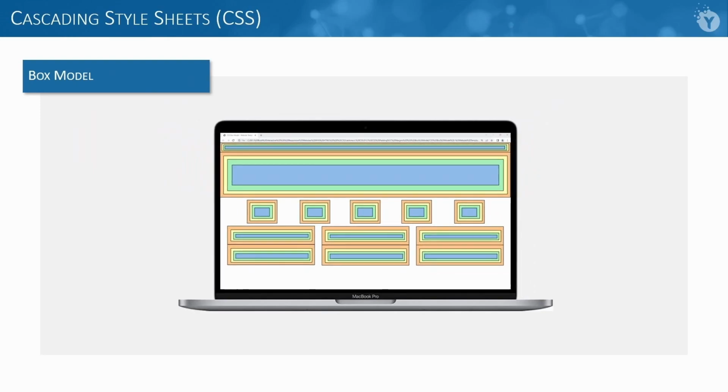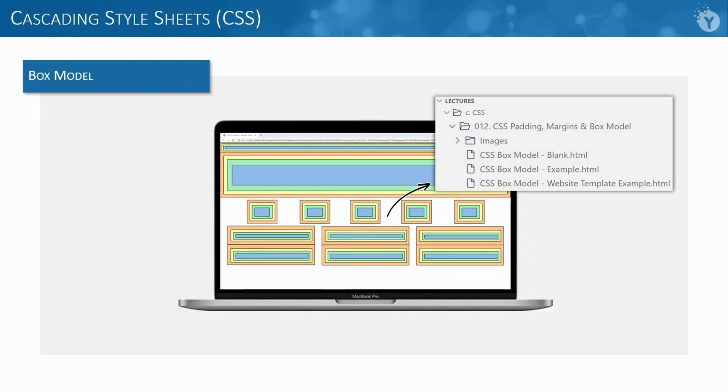and having gone through it in this lecture, it's hopefully an area that you now understand fairly well. If you wish to experiment with the box model yourself, then please feel free to load up the code and have a play with the various properties we've discussed in this lecture. I've saved a copy of the code file that we've been working on here in your course downloads, in the CSS padding, margins and box model folder within the CSS section. The file is called CSS Box Model example.html. Also, in that same folder, I've created another file which is an example of this website template. In there, each element has its own content, padding, borders and margins. So have a look at that one too so that you get the feel of how the box model affects